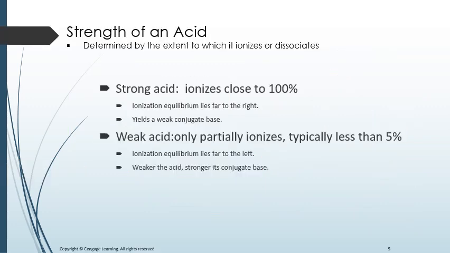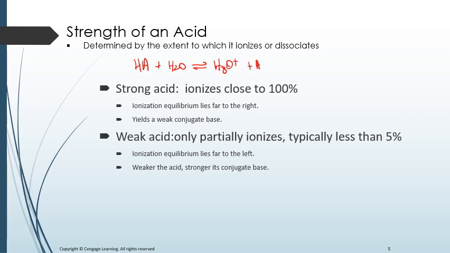The strength of an acid is determined by the extent to which it ionizes or dissociates. Ionizing and dissociating are two very similar terms. The end result is the same, where we have ions present in solution, but how they achieve that is different. So for us, you can use them interchangeably. We have a basic reaction for any acid being placed into water, and that will form H3O plus, the hydronium